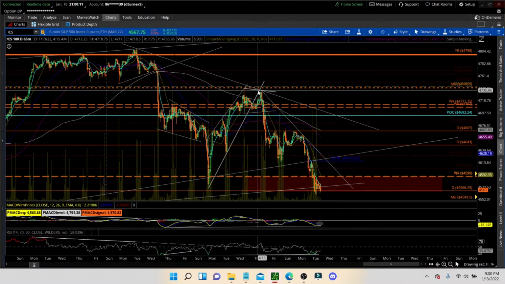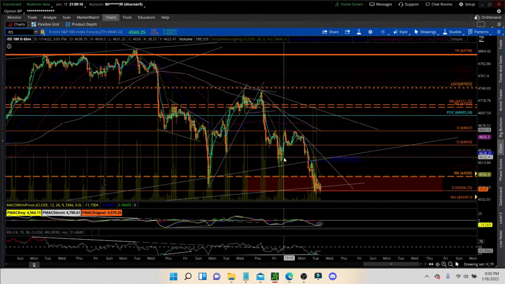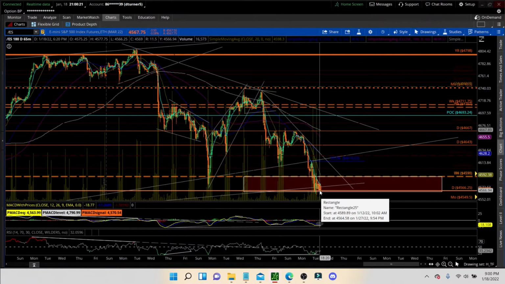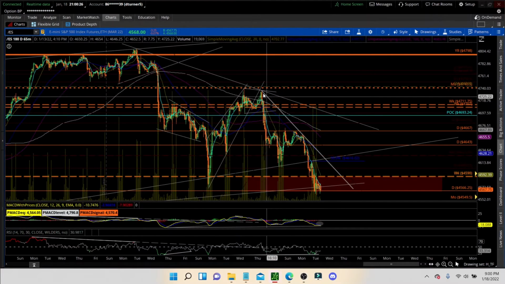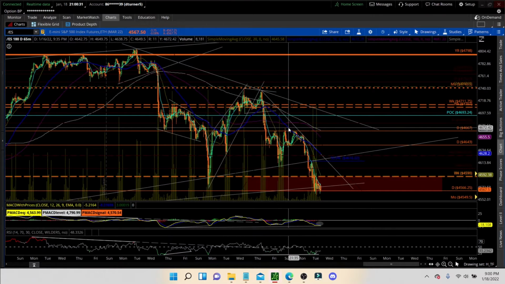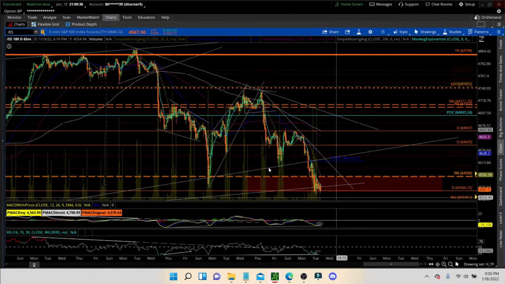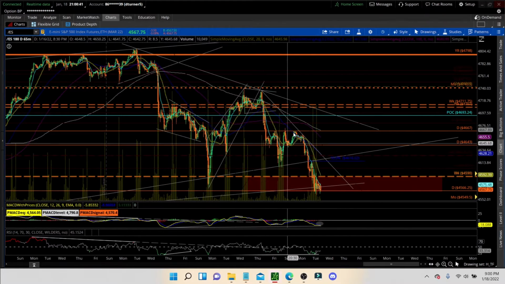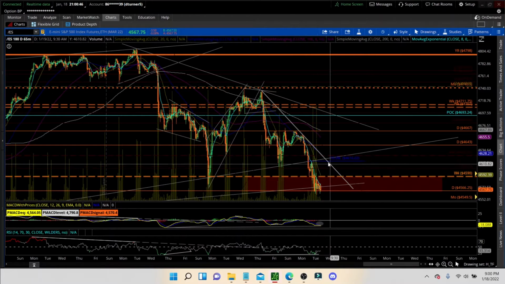And now it does appear that we had a 5-wave move down here. So 1, 2, 3, 4, 5. So this is a possible 1, 2 in itself, and working on wave 3 here. Or something that we had to look out for was that this was possibly an A, B, and then the C wave move down here, which would be a WXY or an ABC, where this is the A wave, a B up, and now we're looking for a 5-wave move down, which would mean we'll get a little bit of a bounce here.